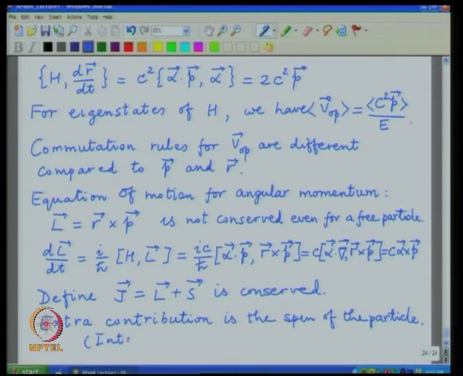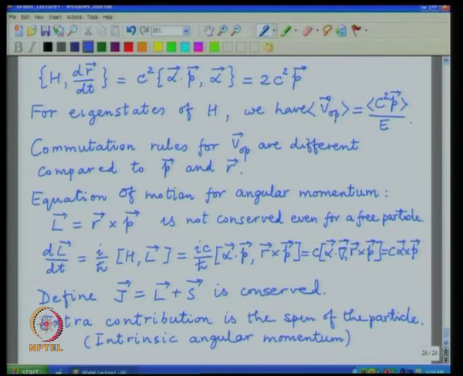Often it is referred to as an intrinsic angular momentum, which is not due to the motion of the particle in some space time, but is an internal property of every particle. That angular momentum has to be added to the L, which is called the orbital angular momentum, and the combination of spin and orbital angular momentum together defines the total angular momentum denoted by J, and that object is conserved. So, now the job is to define this S